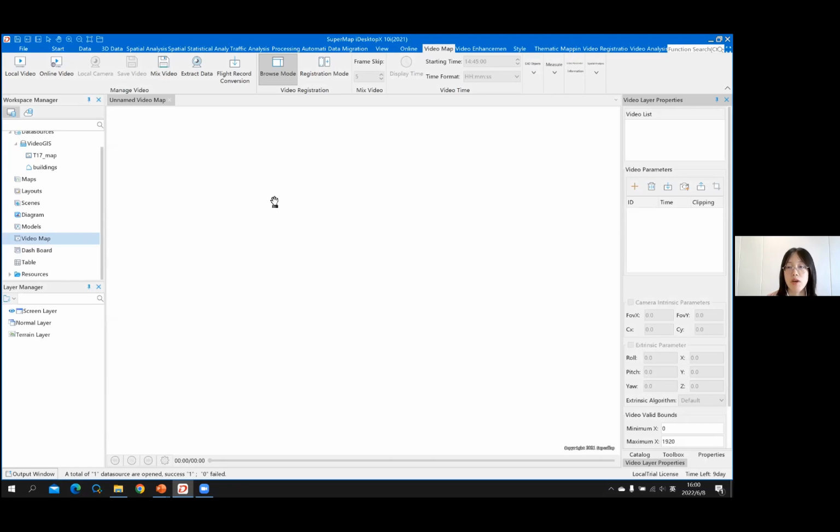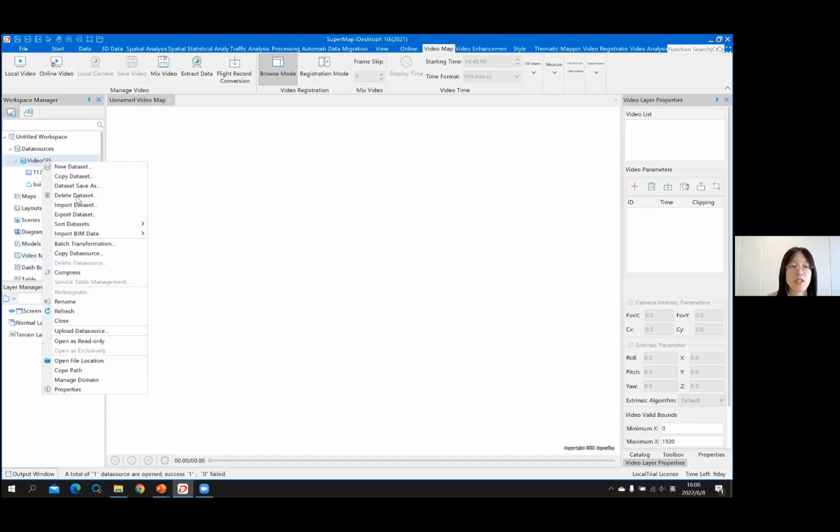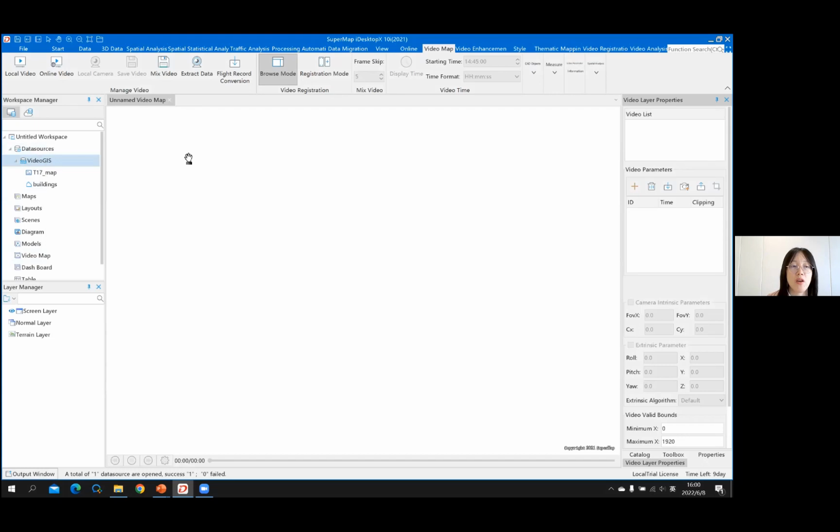And now we have created, and you can see that here is an unnamed video map. Now we can import video into it. Still, we cannot import it directly from the data import connected with our data source. To import a video here,